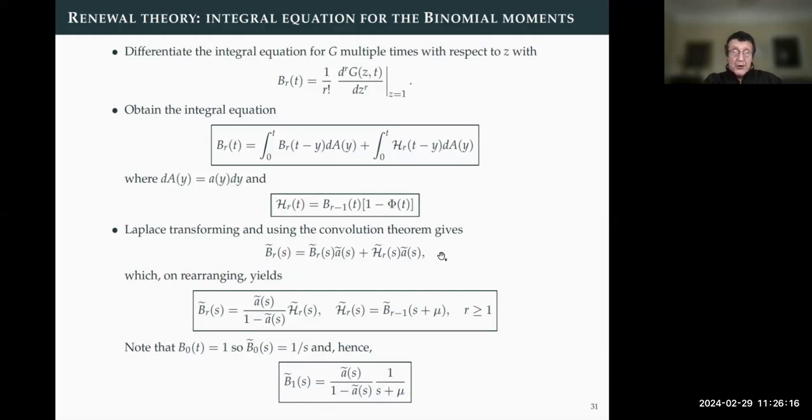Again, I just focus on the third bullet point. I haven't got time for all the details, but I just want to point out that this equation involves this A tilde of S. What is A tilde of S? This is the Laplace transform of the arrival statistics, which, going back to the first 2/3 of the talk, is precisely the first passage time problem of the search process.